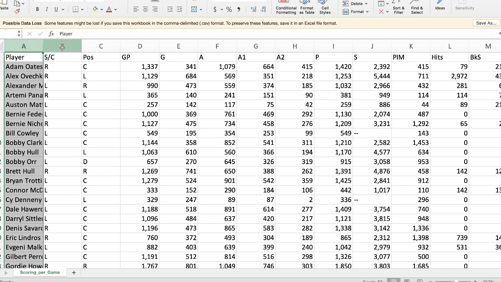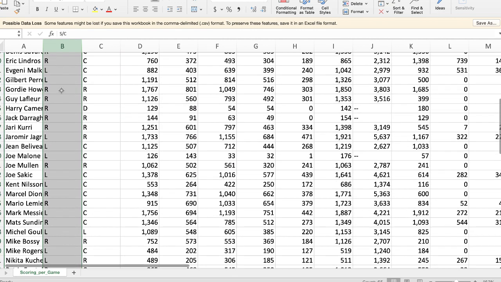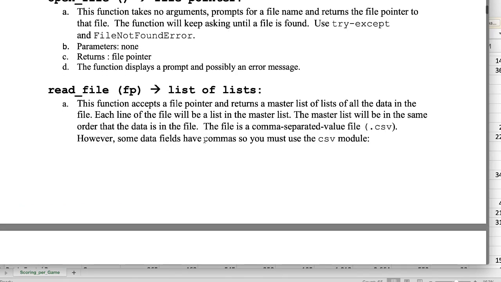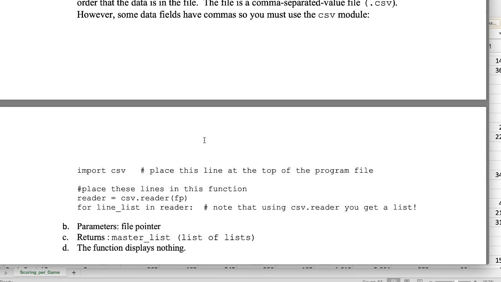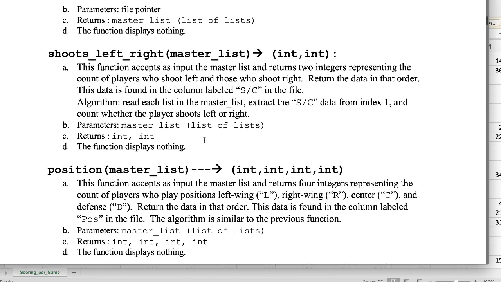That's index 0. And how did they shoot, with left or right? So we're just reading information out of that column and counting it up. And like I said before, you can practice by doing that by hand. All right, so that was shoots left. We just read that column,